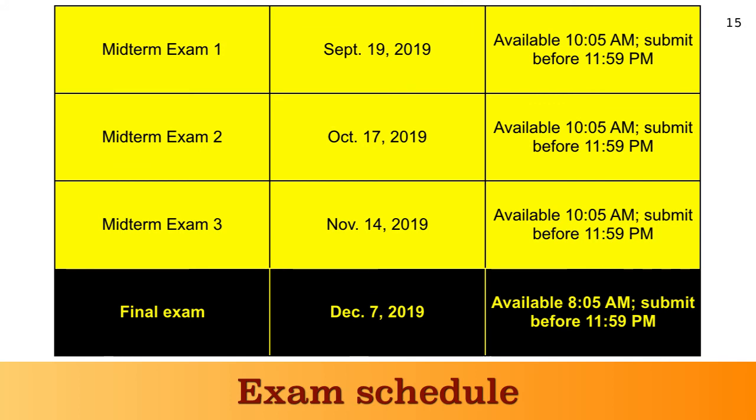Now, the midterms, I usually have them available to start at 10:05 a.m., but you can start them at any time up until about 11. You get about 60 minutes usually for each midterm. So if you start at 10:59, you'll have 60 minutes before the deadline at 11:59. But you can do it in the middle of the afternoon, whatever works good